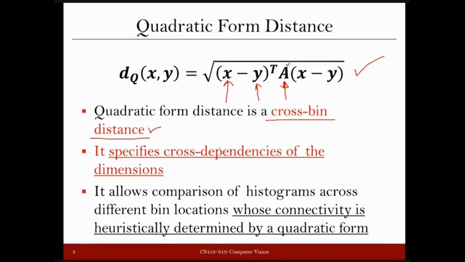Another difference here is that in all the distance measures we have discussed, whether city block distance, Euclidean distance or chessboard distance, whenever we computed the differences, we computed them only with respect to the same feature, right? x1 was subtracted from y1, x2 was subtracted from y2, and so on. But in this case, we are also going to consider cross dependencies. That means whatever difference we get in the first dimension, we will also associate with the other dimensions. That is what we mean here by cross dependencies.